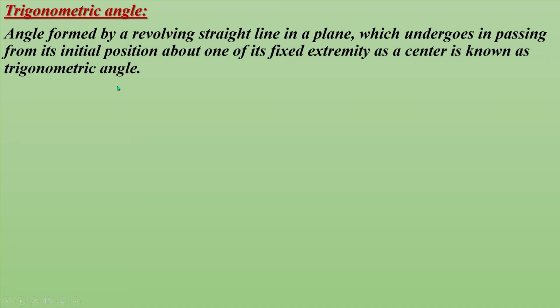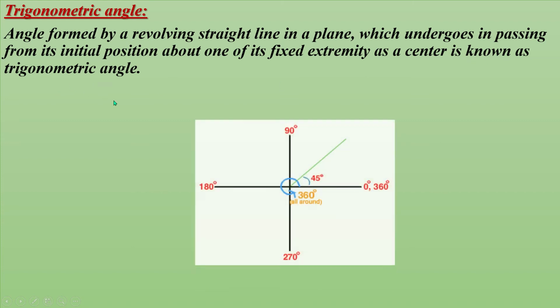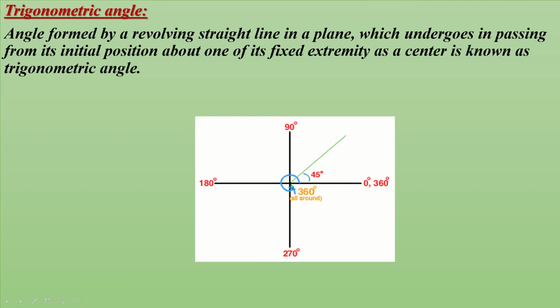Trigonometric angle: the angle formed by a revolving straight line in a plane, in passing from its initial position about one of its fixed extremity as a center, is known as trigonometric angle. Here one of the lines is a fixed line or initial line, and the angle revolves either this side or this side. If the angle revolves anti-clockwise, that is a positive angle, and